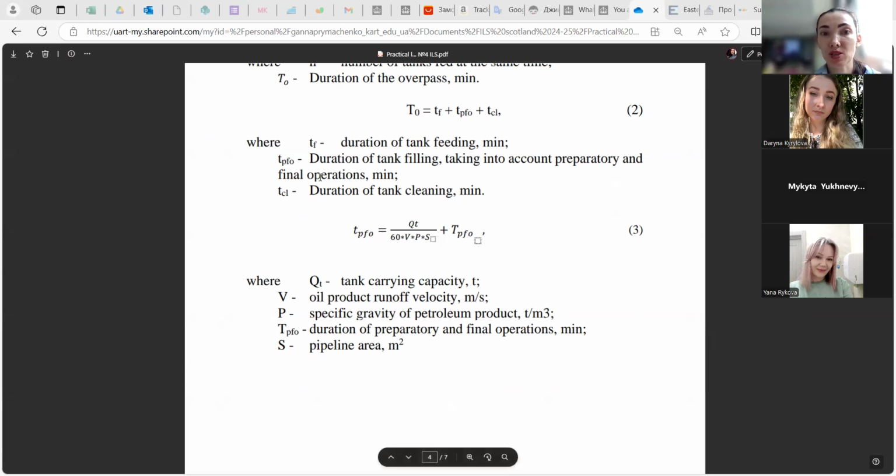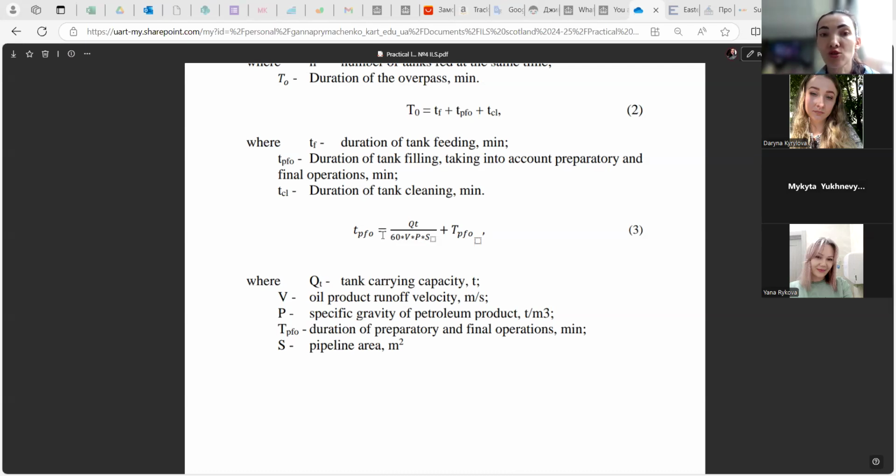Such parameters are under our formula number 2. T with index PFO is the duration of tank filling, taking into account preparatory and final operations, in minutes. We use these parameters in minutes. So if you need to find it, please write on your list or in your documents. T with index PFO is equal to,